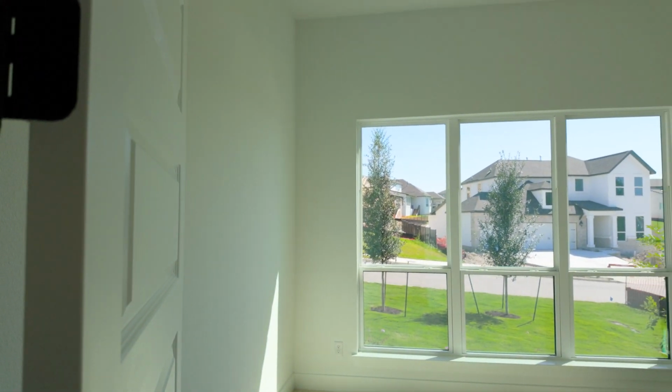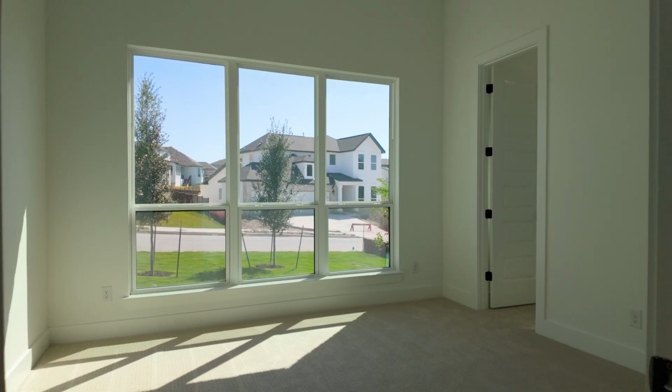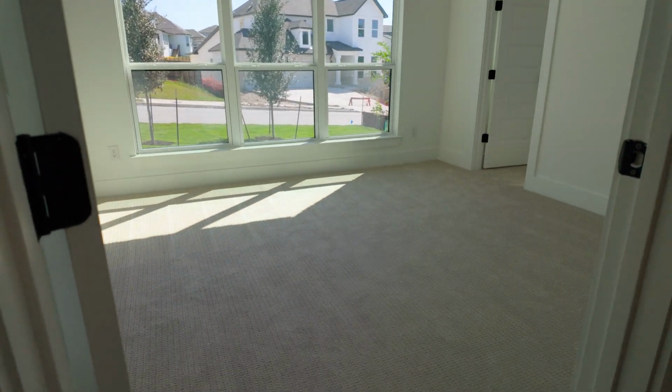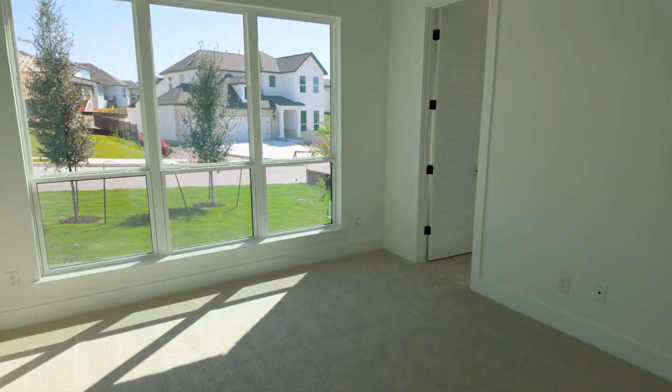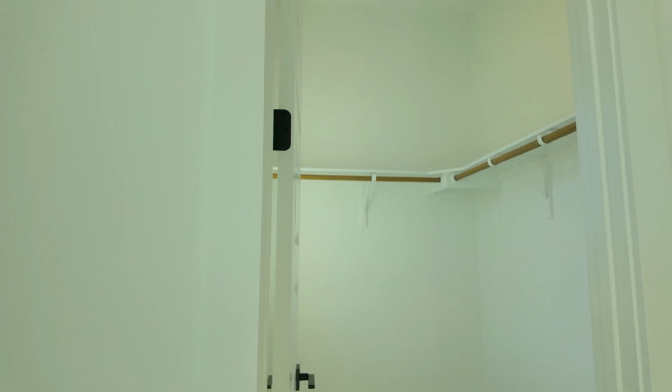And this right here at the front of the home, you've got some really beautiful windows that emit such great natural light. And just the size of this room, I really love the size of this room right here. This closet, as we come into this closet, I love that it has a window, but just the